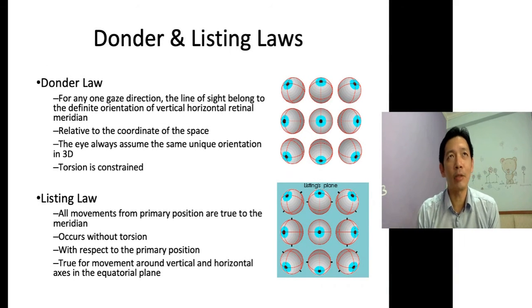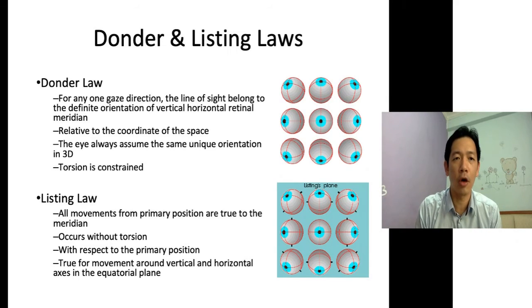Sometimes it's quite easy to understand, but the sentences and words are, for me, quite difficult. That's why I copy pasted the content from the internet for you all. Listing's law also describes the same thing. So the keyword here is all the movement from the primary position, either Donders' or Listing's. Yeah, they're respecting their